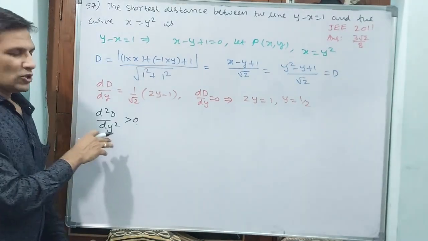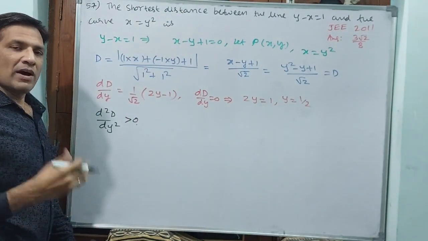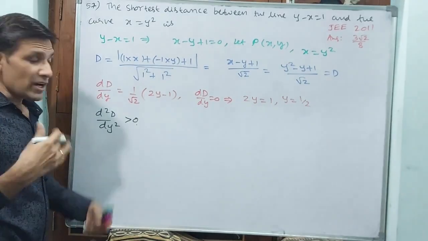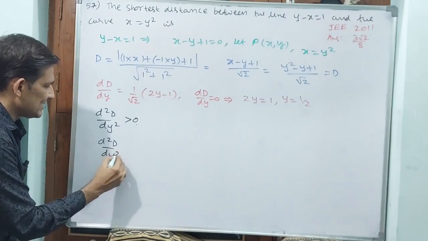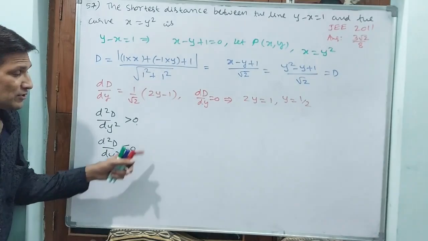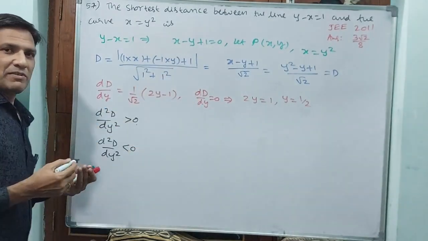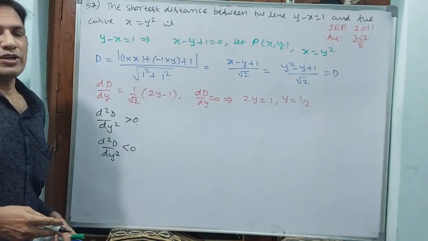But if a shorter distance is not available, then they will put none of the above, or there is no shorter distance. Longest distance may be there. See, if this comes like this, there is no shorter distance, the highest distance or largest distance will be there. Okay, that is why I want to avoid this step, because we are doing this for a competition examination.